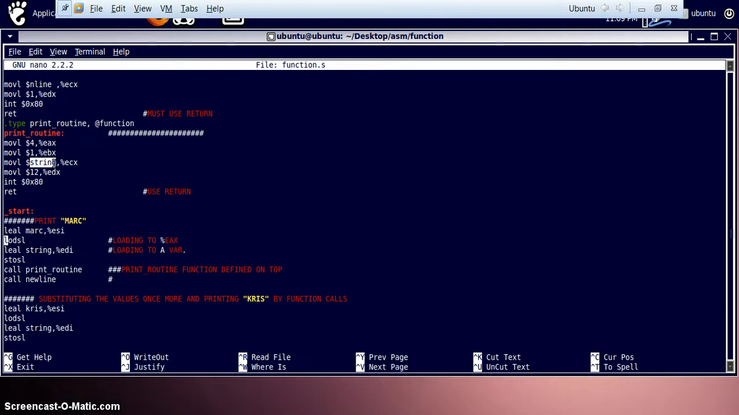What is there in string? We just shifted some data to string. Remember what that data was? The data is MARK in capital letters. We have shifted it finally to the string variable, and we are calling the print routine now. The print routine will go straight away and carry out the print, and it will print the contents of string